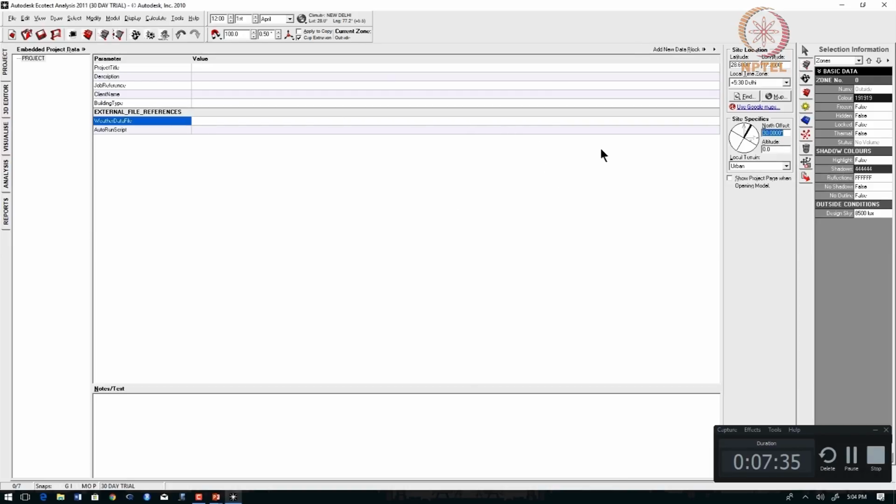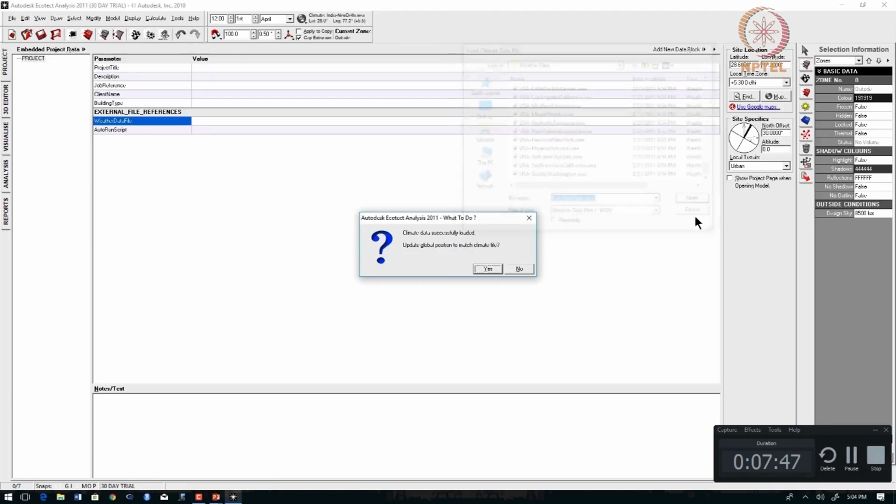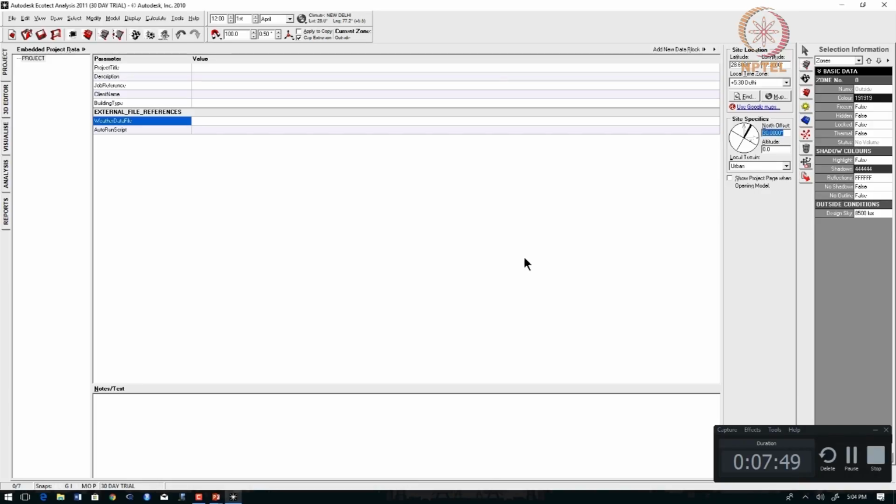Here there is one more thing you can do, which is load a weather file. For example, there is already a default set of weather files, and in that I am loading the India weather file. There are also city wise weather files available from the Energy Plus website. I can give the link of the website in the notes.